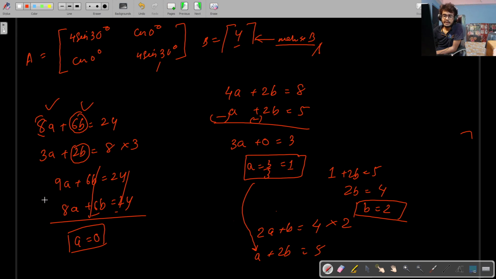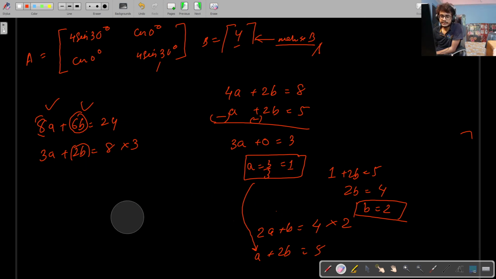So now when I put the value of a in any of the two equations, I'll get the value of b. So this is one of the simplest ways of solving linear equations with whole numbers. Whole numbers and simple fractions you can solve this way. You need to multiply or divide. So you can either do this or you can divide this as well.